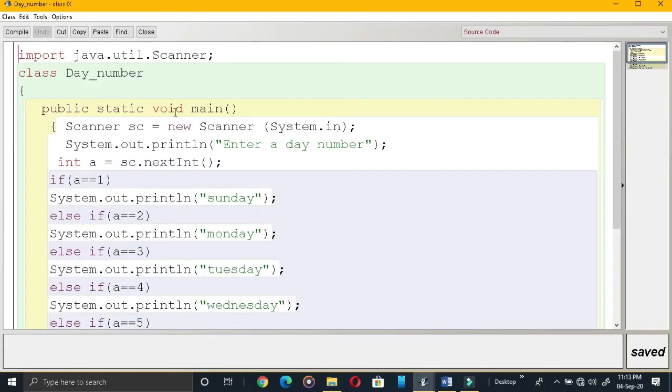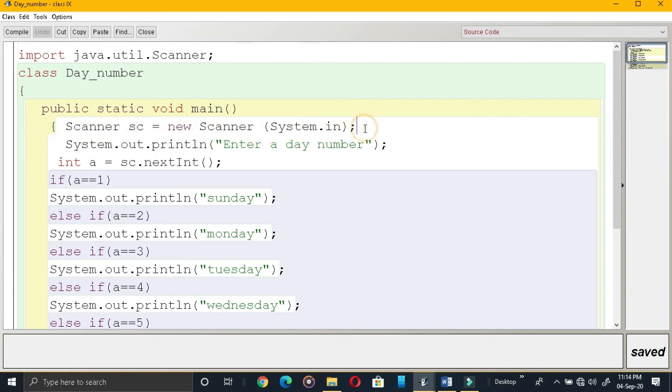See the program first. This is your program. Okay, it seems to be a very big program, but the logic is very simple. Since we are going to get the input by using Scanner, this import statement is a must. Your class comes, then your void main comes. In void main there is nothing else because we are going to get the input by using the Scanner class. If Scanner you are using, then you will be creating its object.